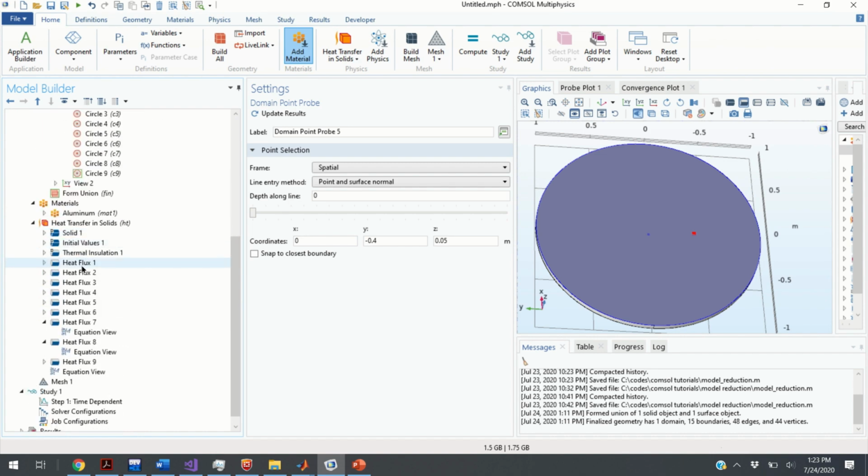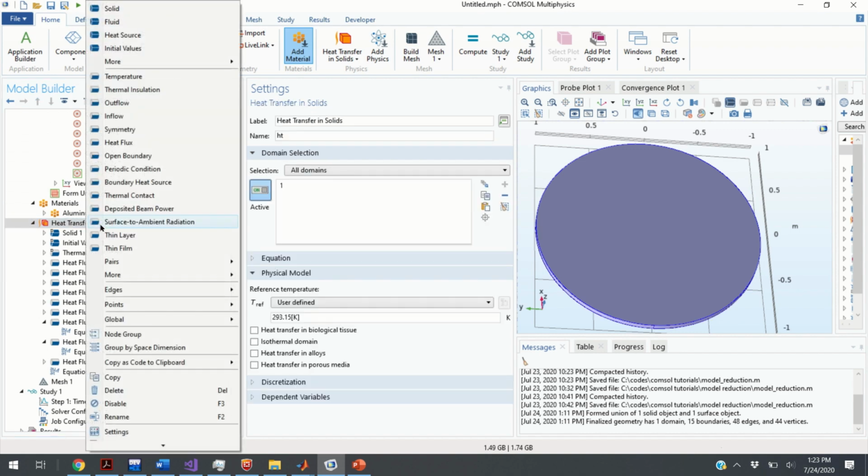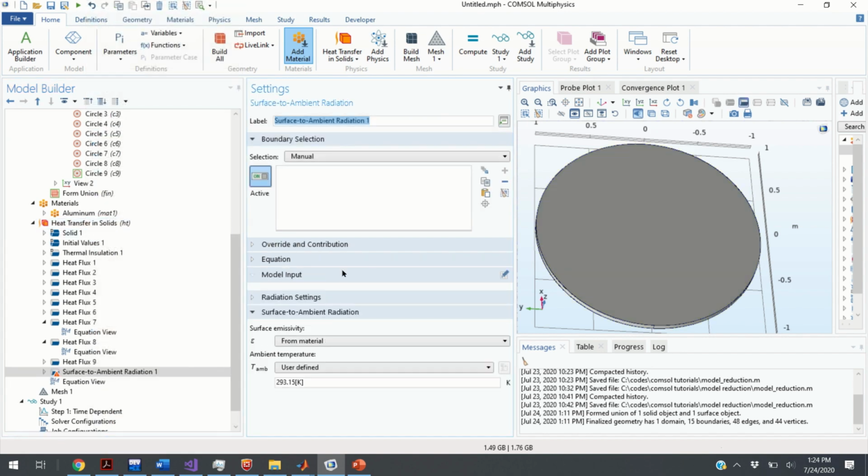The next step is, of course, to define initial and boundary conditions. So I'm going to stick with radiation boundary conditions. I'm going to choose surface to ambient radiation, since I want the heat to be dissipated through radiation mechanism. And here I'm going to assume the ambient temperature of 293 degrees, and I'm going to assume the surface emissivity